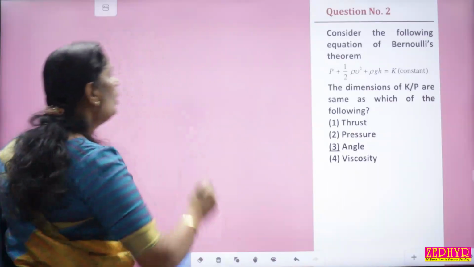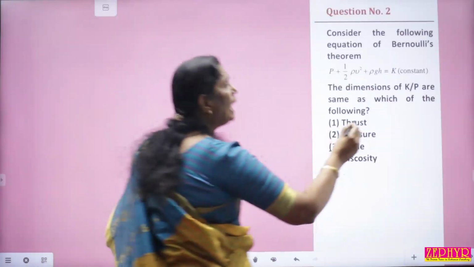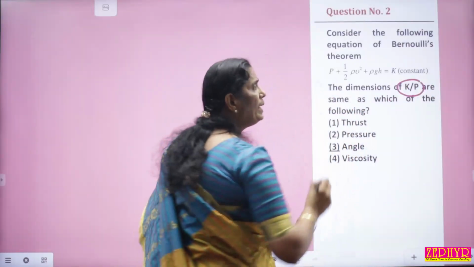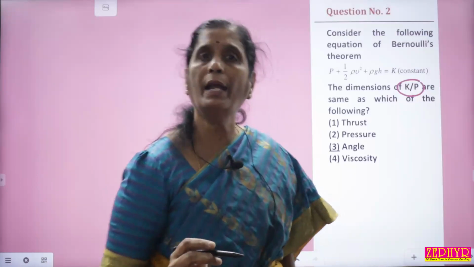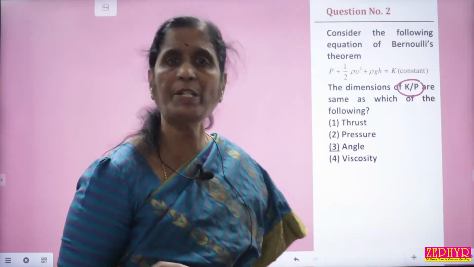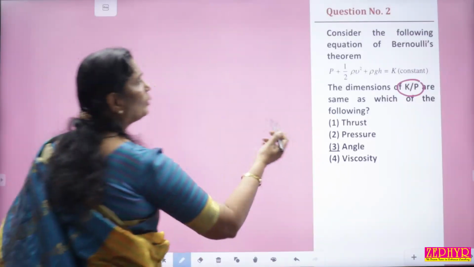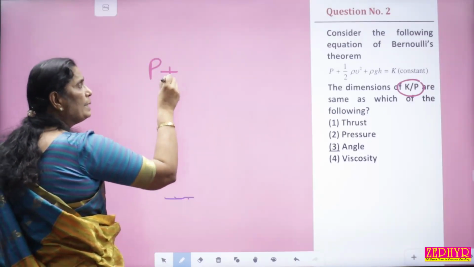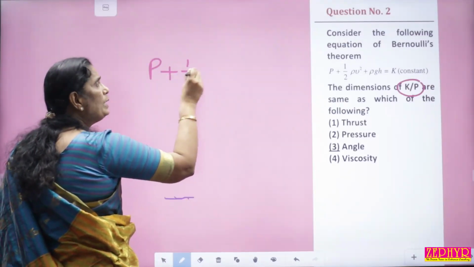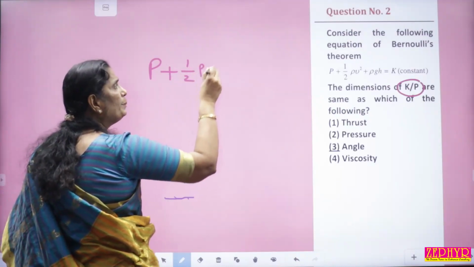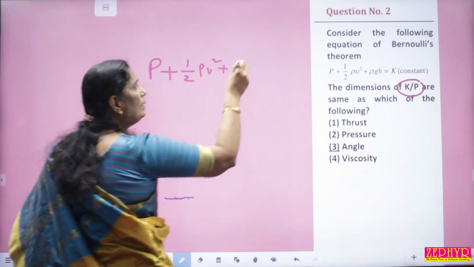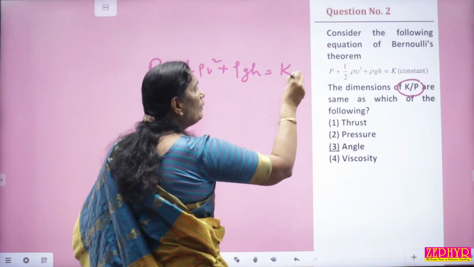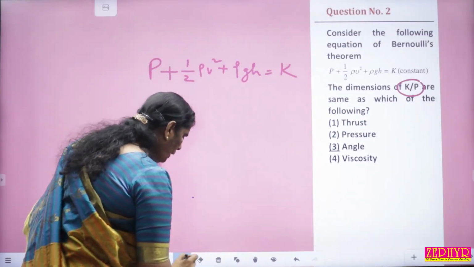So we want to know what the dimension of K by P is. Of course, K is a constant. P is pressure energy per unit volume, which is nothing but pressure only. So this is our P, pressure energy per unit volume. This is our kinetic energy per unit volume. This is our potential energy per unit volume. That is always constant. So before going to do the work,